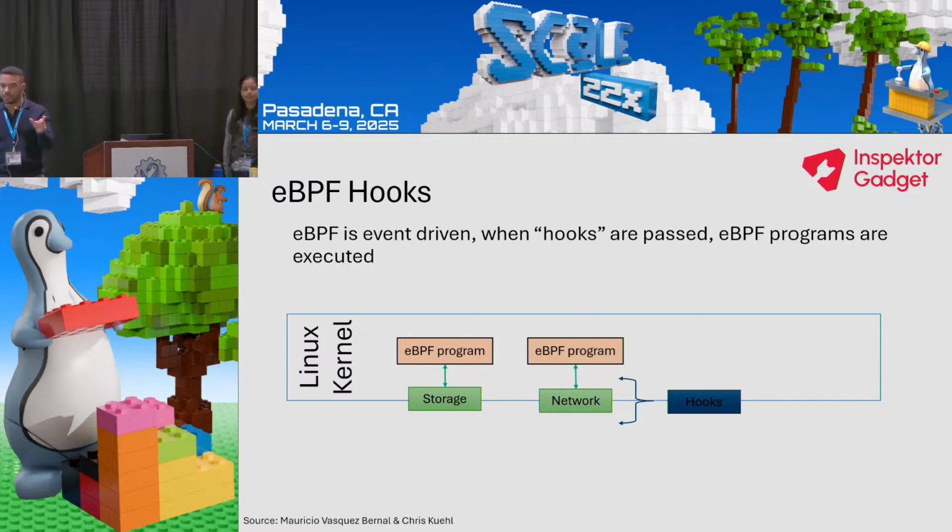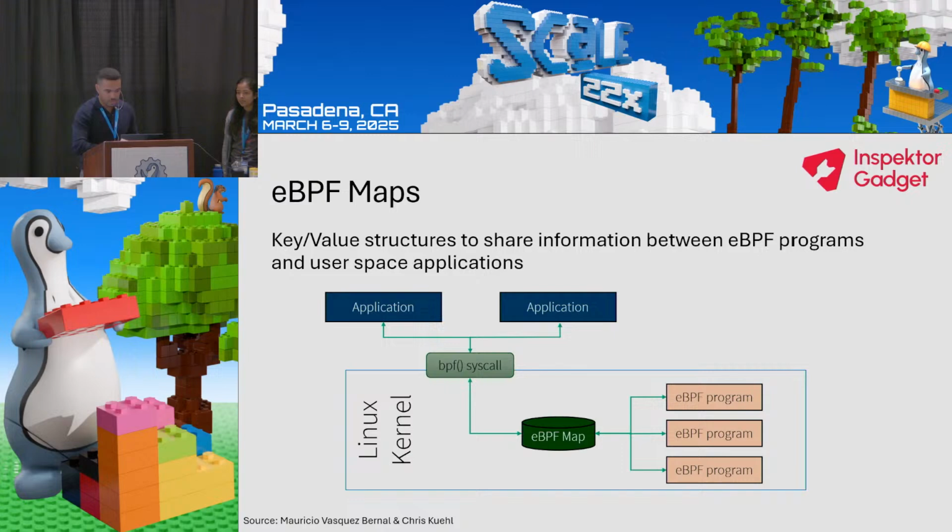So you specify the point when you want the program to run, and then you specify the program itself, what it will do. Then we have the other component, that is the map. This is mainly for the way you communicate from user space with the program. So if you need to specify, for instance, what are the NICs that you want to monitor, or maybe let's